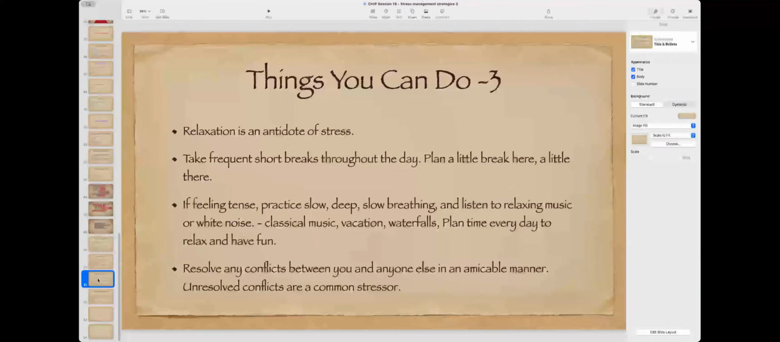Relaxation, of course, is the antidote to stress. Take frequent breaks, and when feeling tense, practice slow breathing, and listen to relaxing music or white noise in the background, and resolve any conflicts between you and anyone else in an amicable manner. I was in class one time with a lady who was not spoken